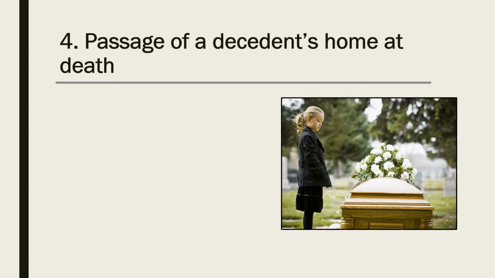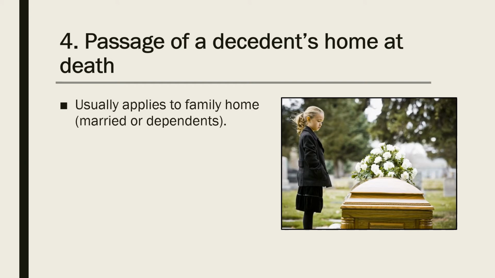A fourth meaning of the homestead concept is that it affects the passage of title to a decedent's home when the decedent dies. Once again, it usually applies only to a family home where the owner lives there with a spouse or with dependents. It preempts the will or the intestate succession of the individual who owns the home. So instead of going by way of the will or